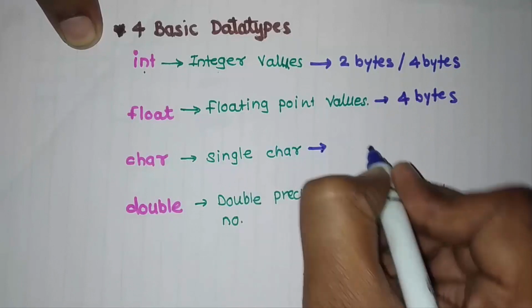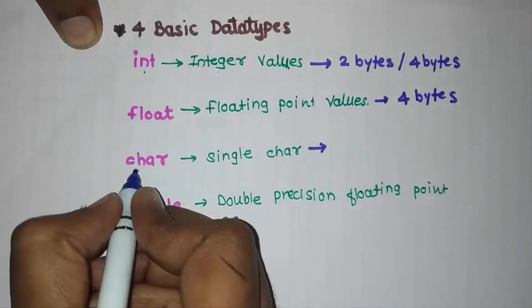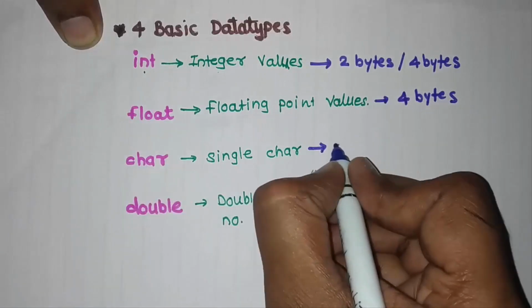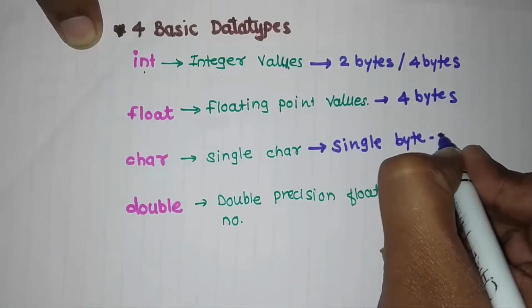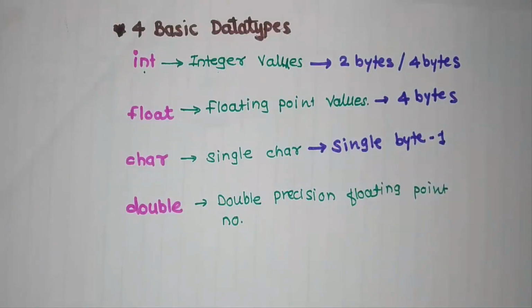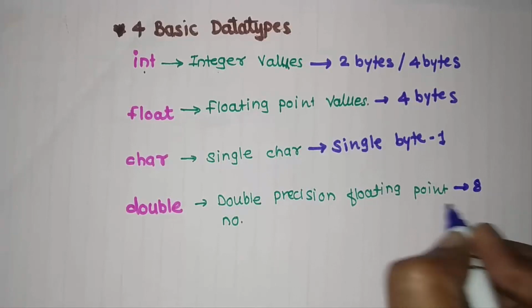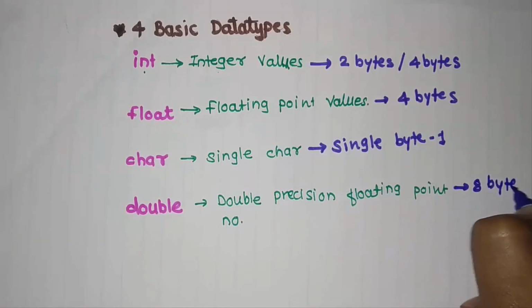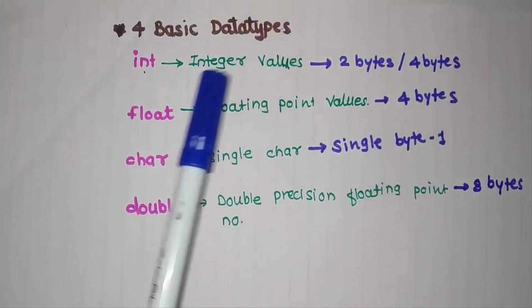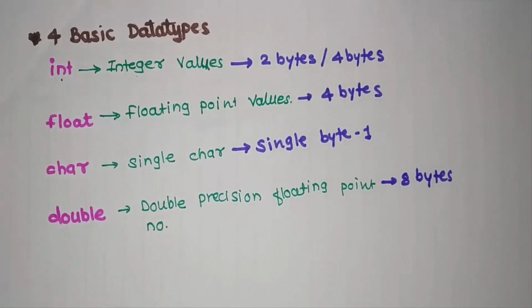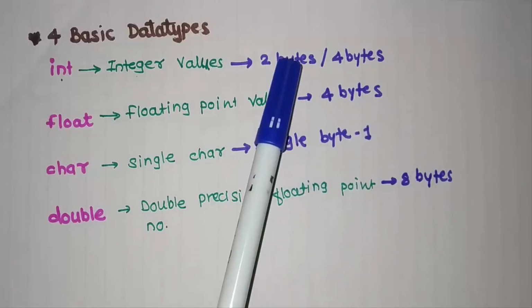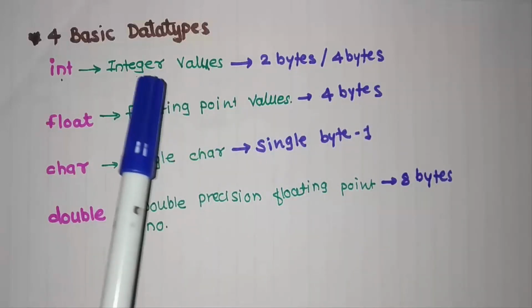For character, due to declaration of a variable with a character data type, a single byte is required, that is 1 byte. And for double precision value, it requires a total of 8 bytes. Okay, so in this way the dual task is done by data type. First it defines what kind of data we are using in our program, and the second and most important one, it is associated with the number of bytes that are required to store that specific variable.